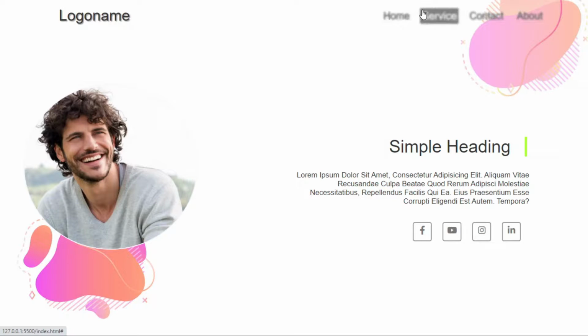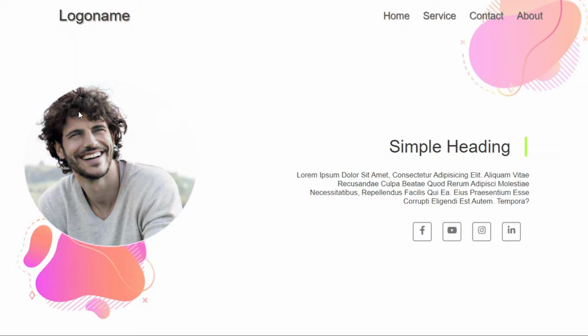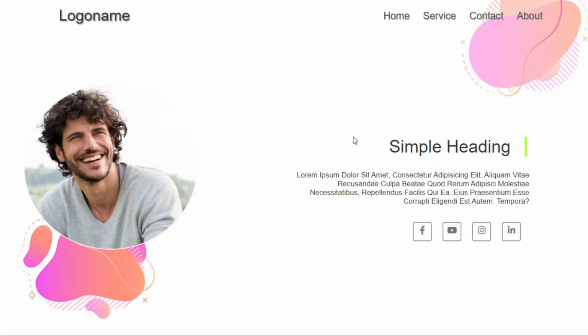So alright friends, we are going to cover this web page. As you can see, when I hover over the list item, there is an increment in that particular one, and the others at the same time have a blur effect. So after this is the logo name and image with a grayscale effect.